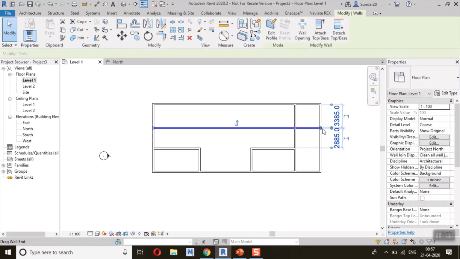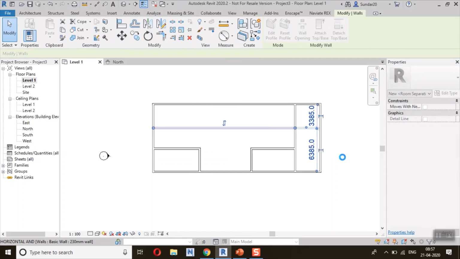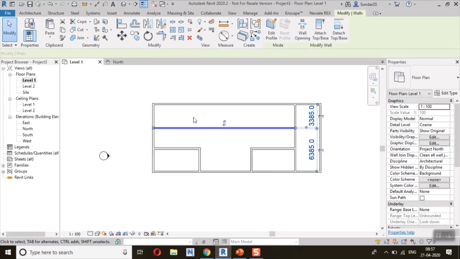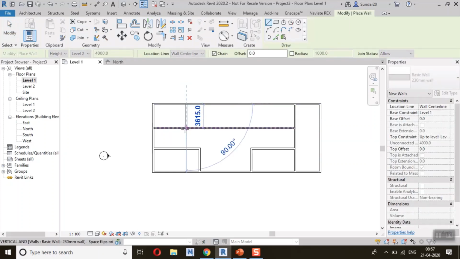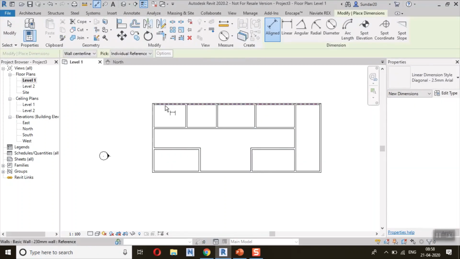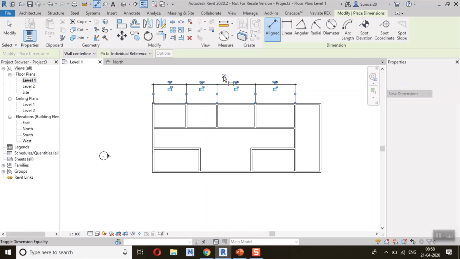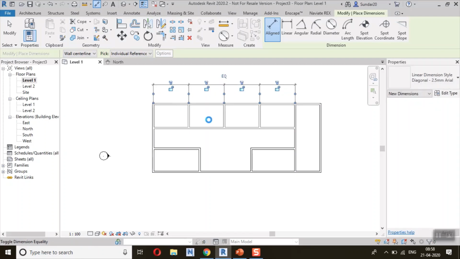So almost I covered all the views. So I'm going to create a partition wall. This one is the employee room. So I'm going to create a partition wall. I'm randomly creating. I'm not plotting any size of this room, but I want equal spacing. So that's why I'm using an align dimension. This is one of the different tips. So select all the rooms using this method and use this equal. Automatically all the walls will be aligned.